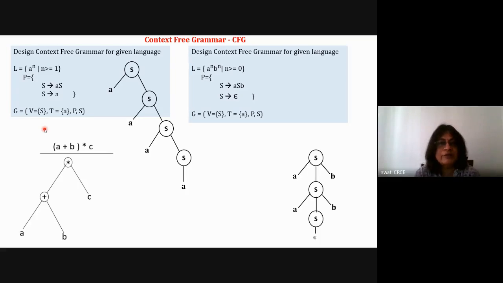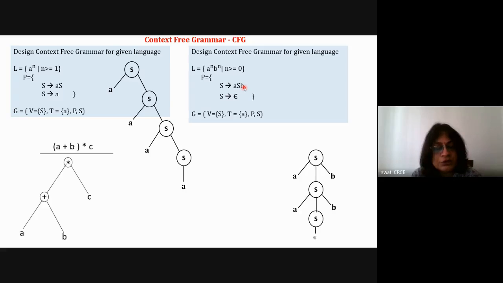In context-free language or context-free grammar, all the rules are of this type, where your left-hand side is a single variable and the right-hand side is a group of variables and terminal symbols, (V union T) star. The application of context-free grammar is in compiler construction, where the compiler has a particular phase called the syntax analyzer. That syntax analyzer checks the syntax of the statement, and it generates the parse tree, and the parse tree is